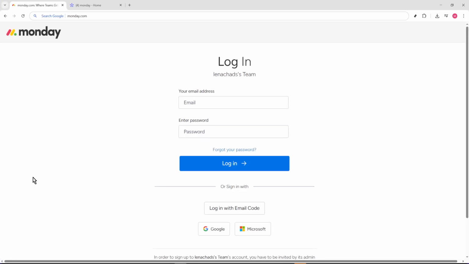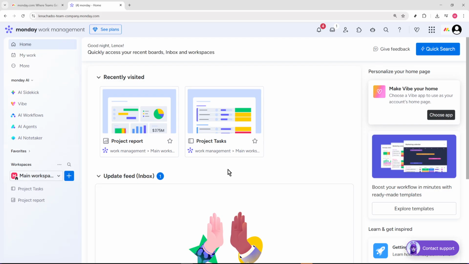In today's video, I'm going to teach you how to find and install apps from the Monday.com marketplace. Open monday.com in your browser and log into your account. Once you're in, you should be on the main Monday.com homepage, and from here we can go straight to the marketplace. Look at the top right corner of the screen and click the puzzle icon just to the left of